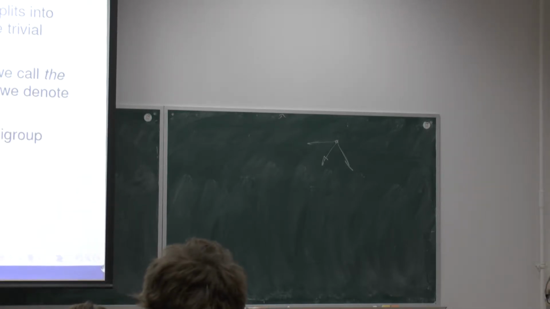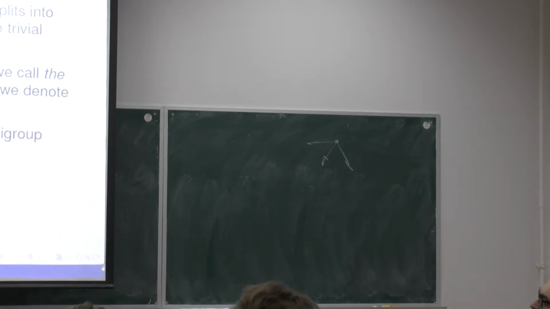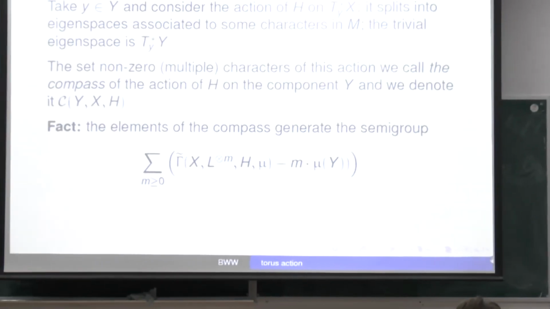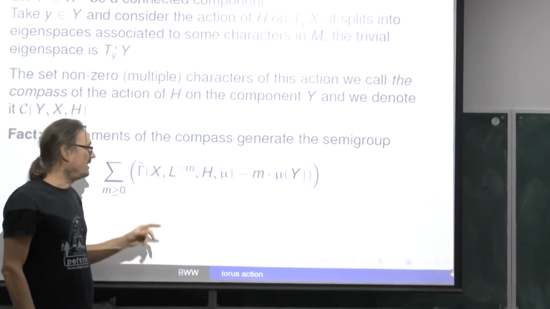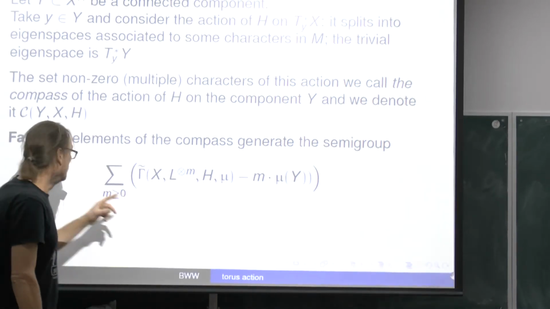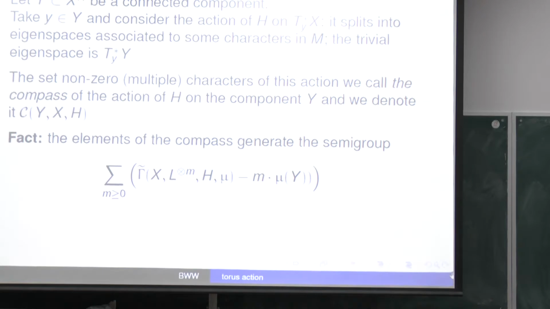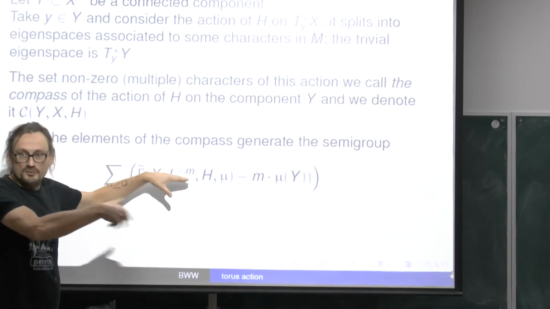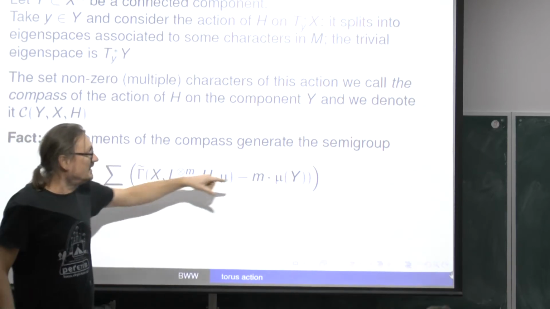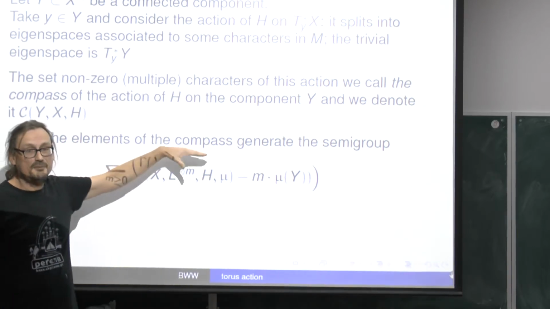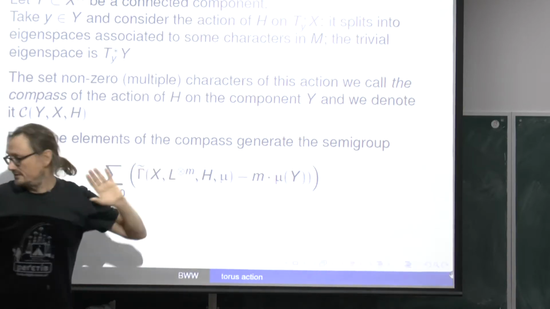All right. Then the next observation comes more or less from this setup, this toric setup, okay? So what I'm saying is that if you have the elements of the compass, you move the polygon so that the vertex becomes zero, you span the cone, and inside this cone, we consider the eigensections of multiples of this line bundle, then it will be a semigroup. But then this semigroup will be generated by the elements of the compass. I know that it sounds funny,